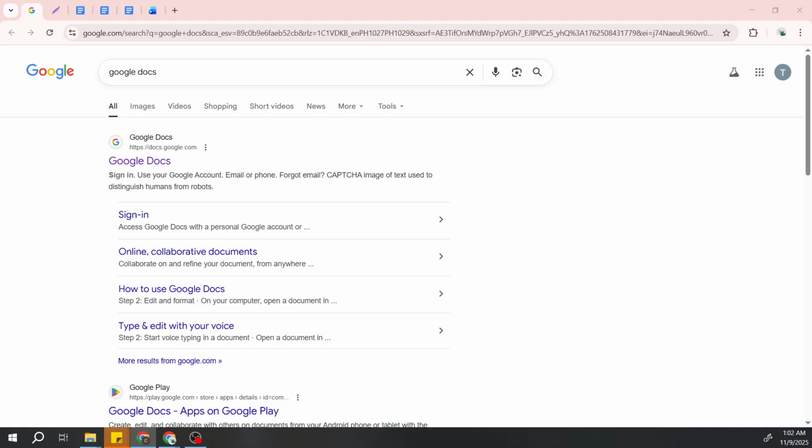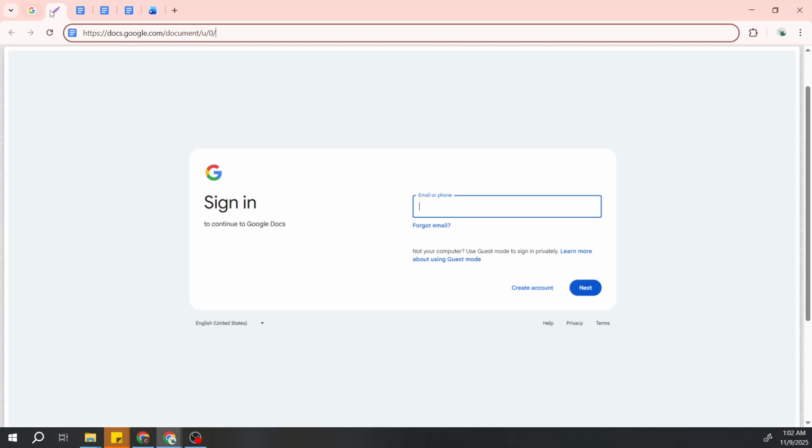In the search bar, type Google Docs and hit Enter. This search will bring you to where you can easily access Google Docs among the top results. Once you find the official link, go ahead and click on it. This will redirect you to the Google Docs homepage where you'll see options to either start a new document or